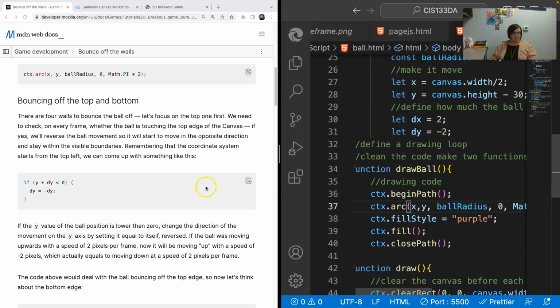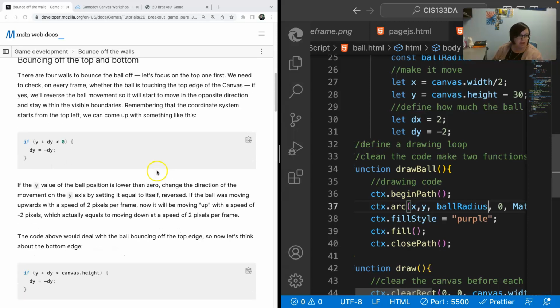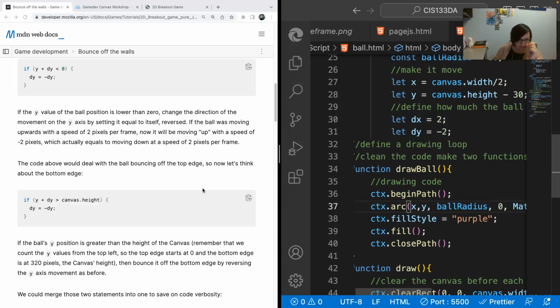All right, now we get to use an if. Okay, so there are 4 walls, right? Rectangle. And our canvas, let's focus on the top one first. We need to check on every frame whether the ball is touching the top edge of the canvas. If yes, we'll reverse the ball movement so it will start to move in the opposite direction and stay within the visible boundaries, remembering that the coordinate system starts from the top left. Okay, so if y, all right, if y,